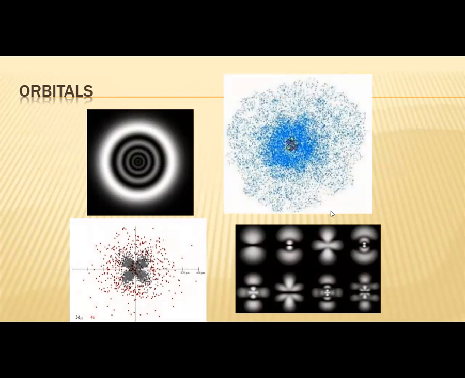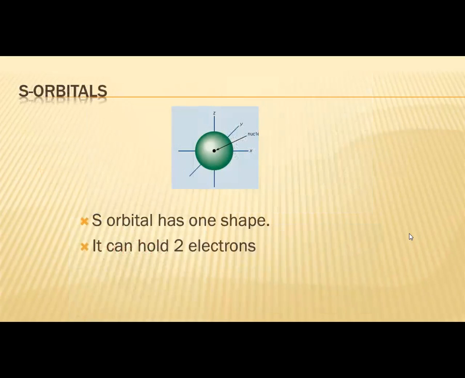All right. Scientists came up with orbitals by studying the light that electrons produce. So there's 4 types of orbitals. The first type is called the s orbital, and it is a sphere shape. All right. And it holds 2 electrons. Right. So I like to think of it as like a 2-seater car. 2 electrons can fit in an s orbital. We're going to see multiple different types of orbitals, and we're going to get different sizes of them. S orbital, sphere,